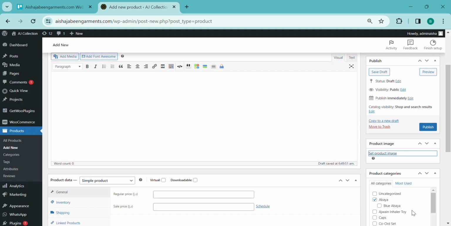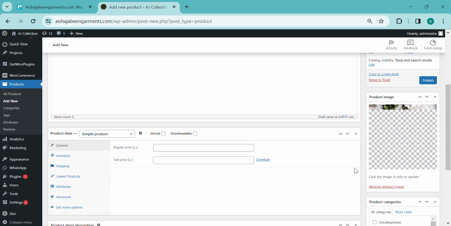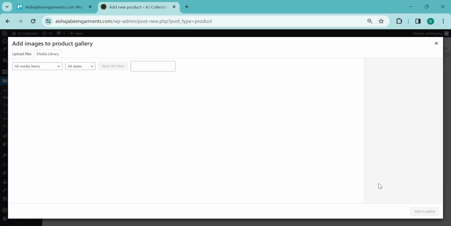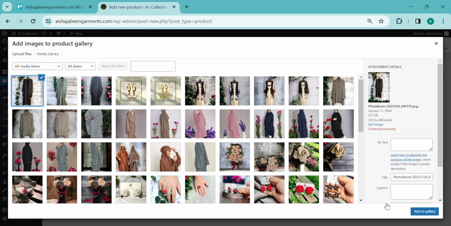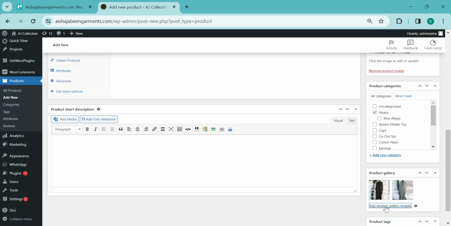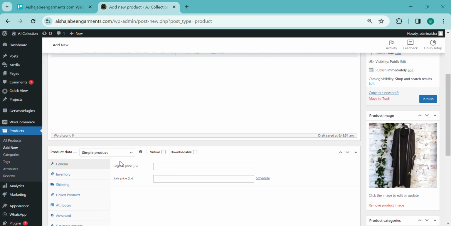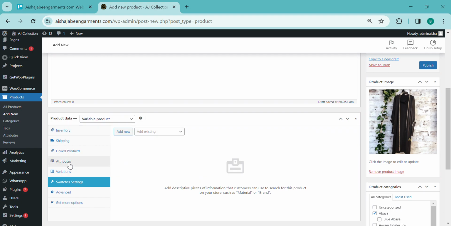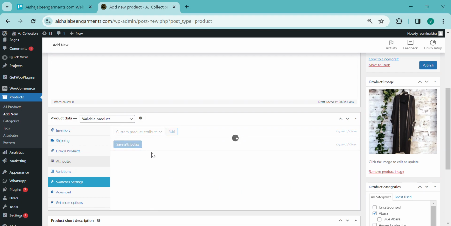Set the product image. Add product gallery. After adding product gallery, select here variable product and add here attributes, that is choose color from here,